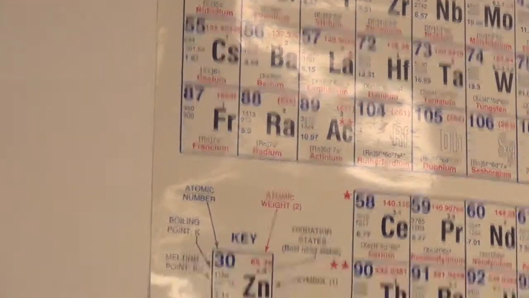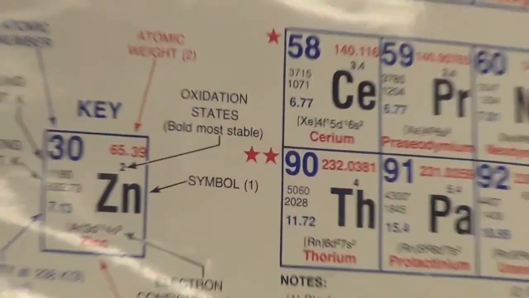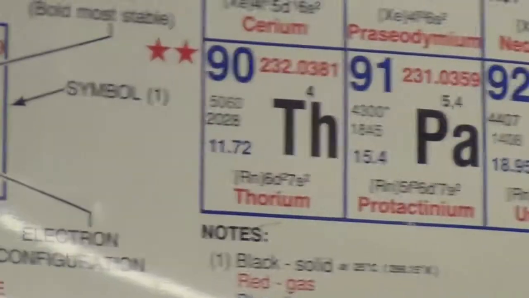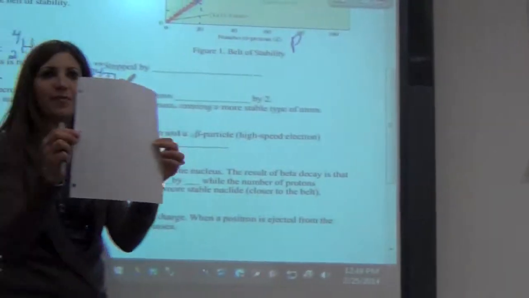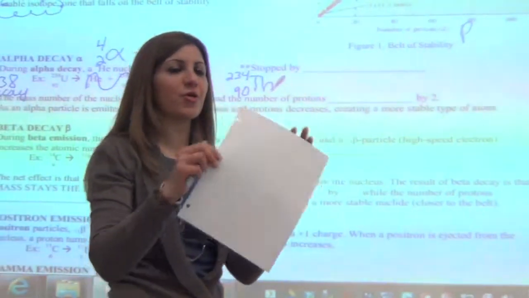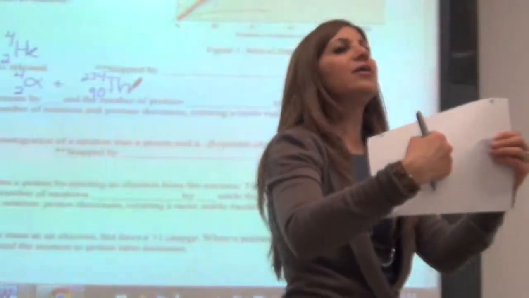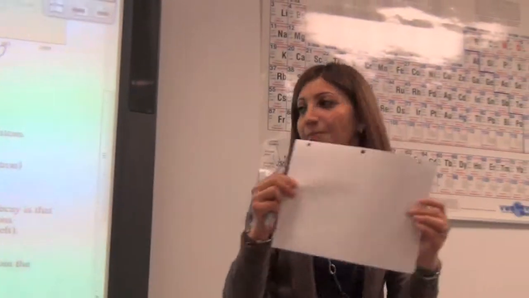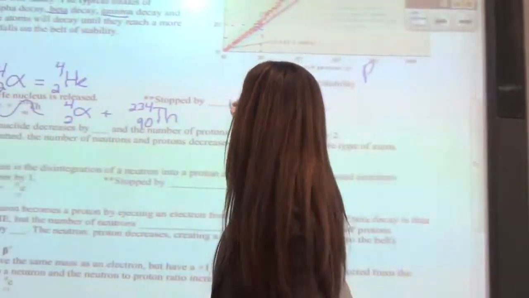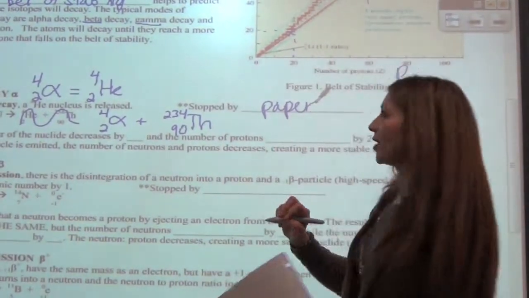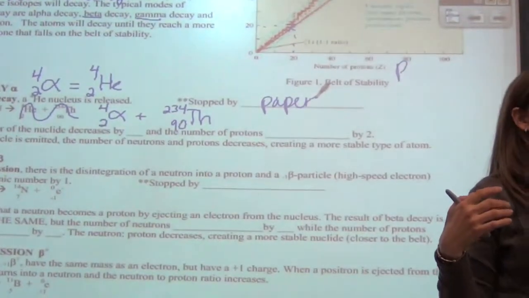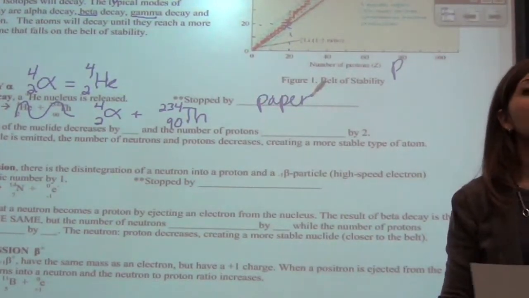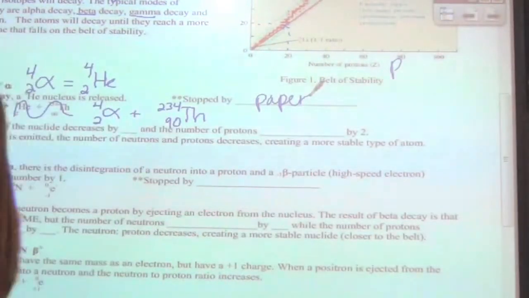And that's how they get this answer here. Alpha particles are pretty big. You can take a piece of paper and stop the alpha particles, just with a piece of paper. So if alpha particles were being shot, they would not pass through something like a piece of paper. Okay? So, stopped by paper. In talking about different modes of radiation, these are the biggest types of particles that are